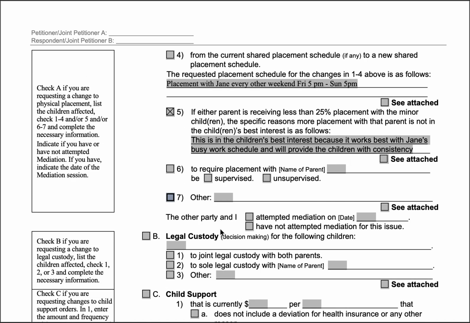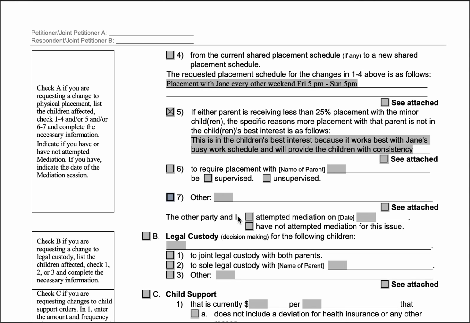Last but not least, we have this little tag on the bottom that just wants to know if you've ever done court-ordered mediation in your case. If you have, and again, mediation is where they would have sent you to work with an attorney who would have tried to help you come to an agreement. It's not the same as the guardian ad litem, who's appointed to represent the best interests of the children. This would be an attorney who is trying to help you and the other person come to an agreement between you.